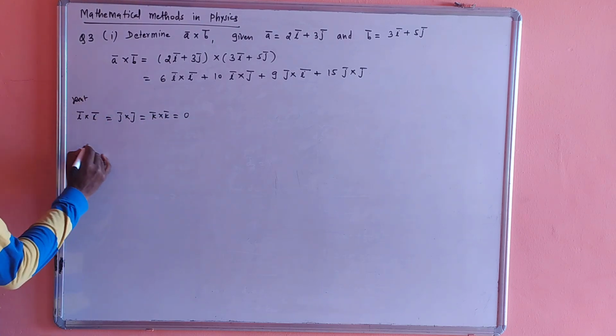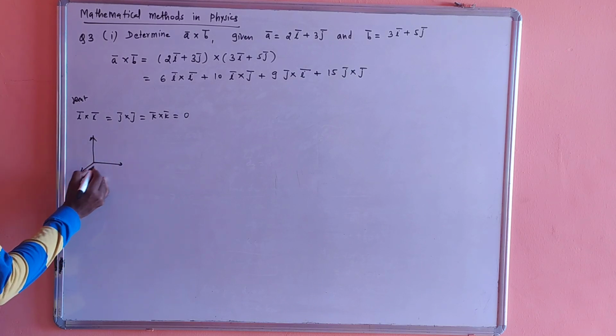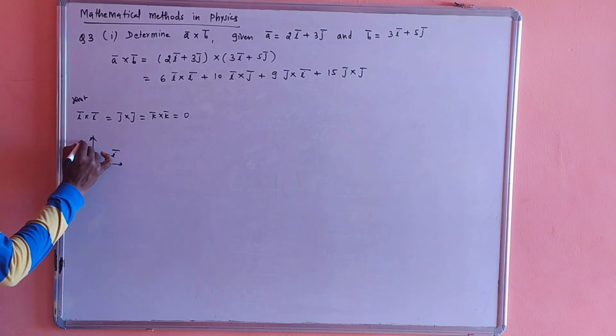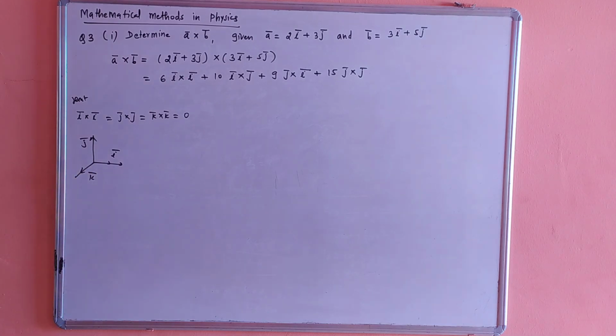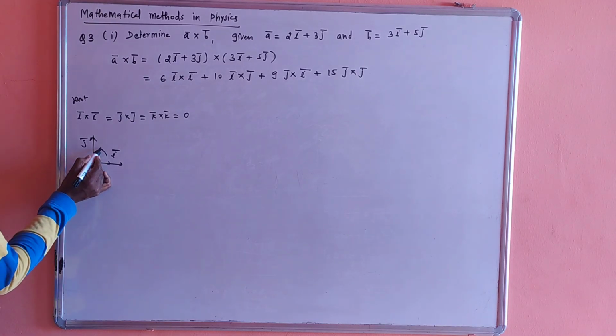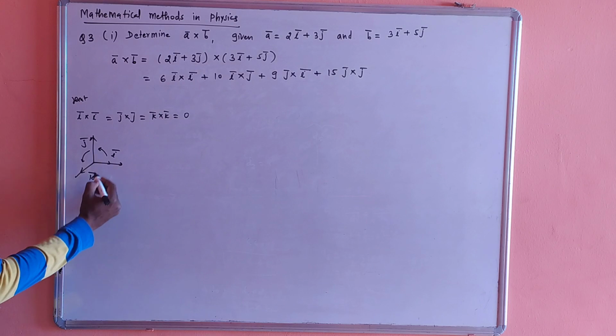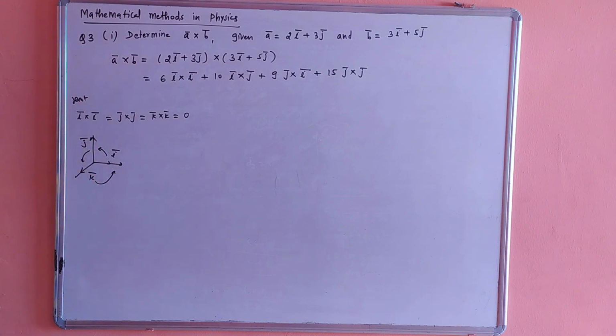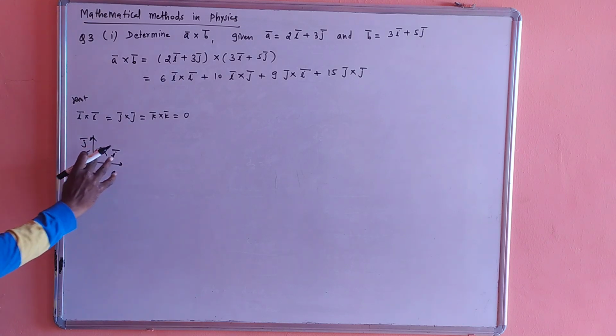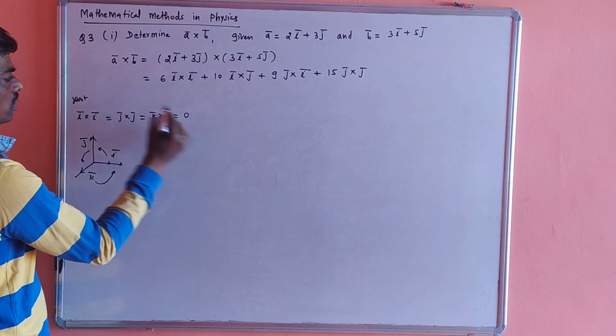And if we consider orthogonal vectors i, j, k in this way, and we take cross product of these orthogonal vectors, i cross j, answer is plus k. j cross k, answer is plus i, and k cross i, answer is plus j. In anti-clockwise sense it is positive; if we take clockwise sense, the answer will be negative. That means j cross i, it will be minus k. i cross k, it will be minus j, and k cross j, it will be minus i. So by remembering this diagram, we can solve this. This is the hint of problem.